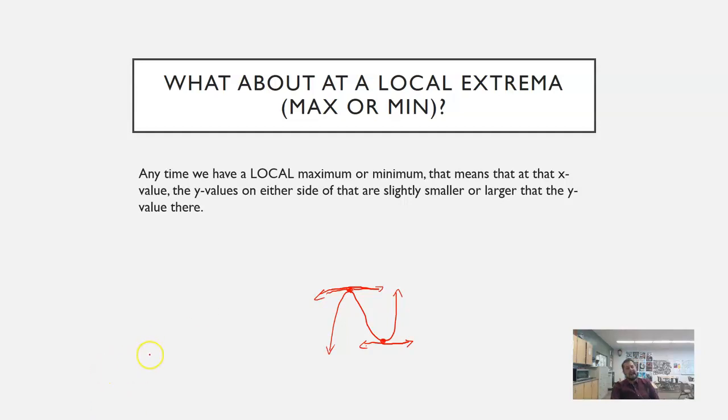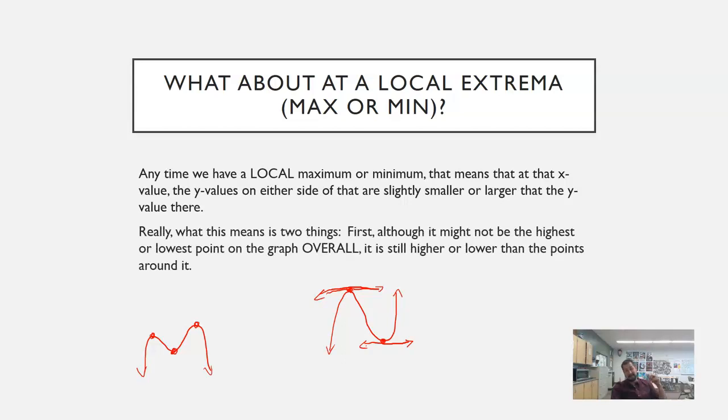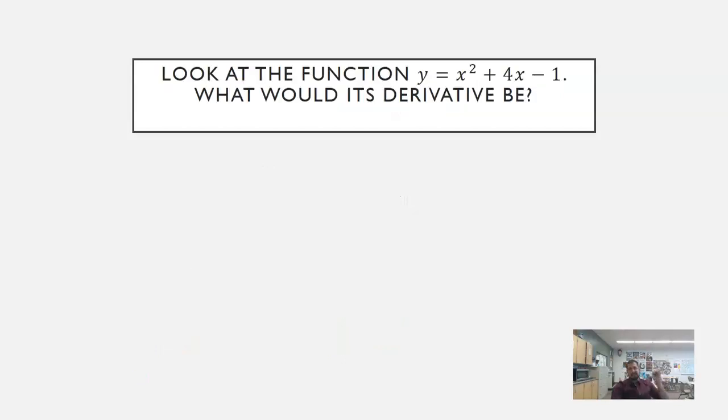So I can have multiple maxes or mins on one graph, and there's nothing wrong with that if they're local maximums. So there's a local max there, a local max there. Then we have a local min in that graph that I just drew. Okay? So what we're going to do, hopefully you can see, because we're talking an awful lot about tangent lines,